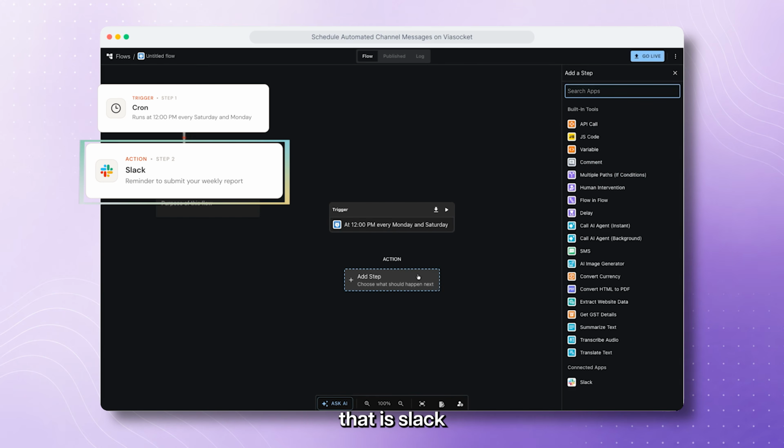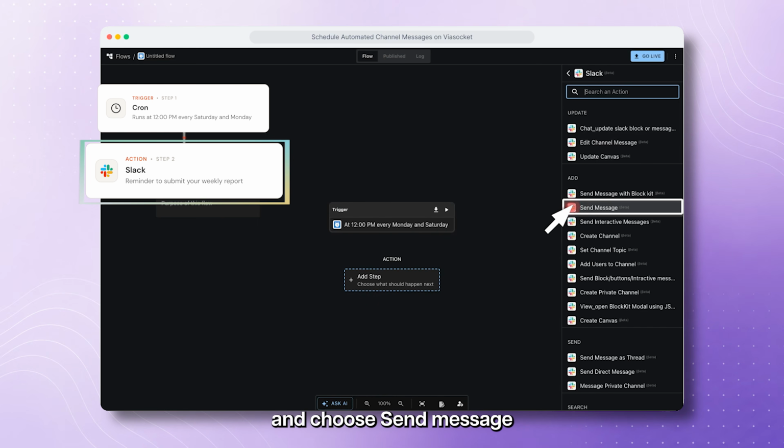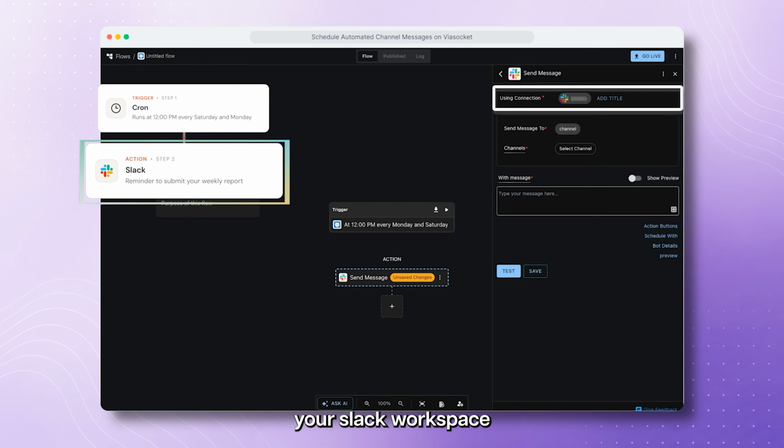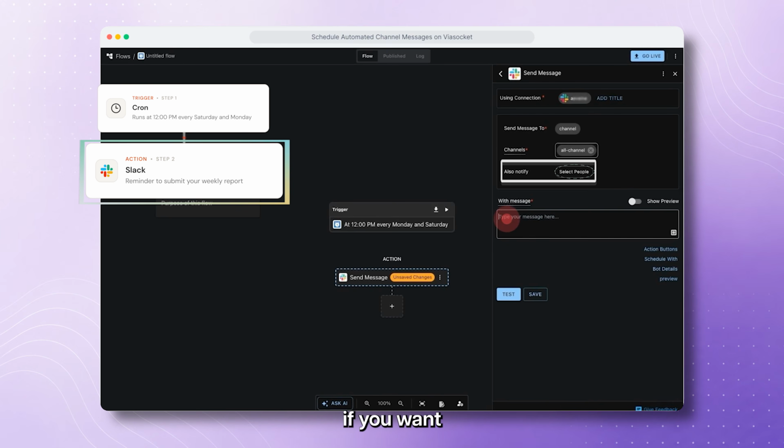Now let's add our action that is Slack. Click Add Step, search for Slack, and select it. And choose Send Message. Connect your Slack workspace if you haven't already. Choose the channel where you want to send the reminder, and tag any person if you want, and then enter